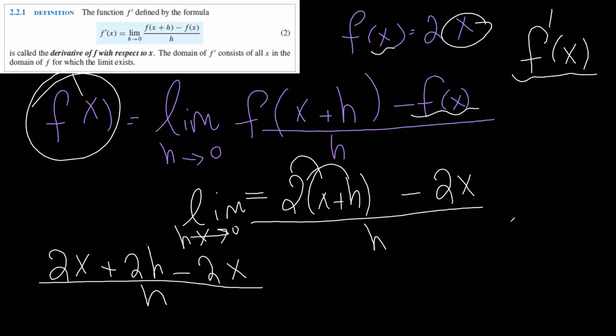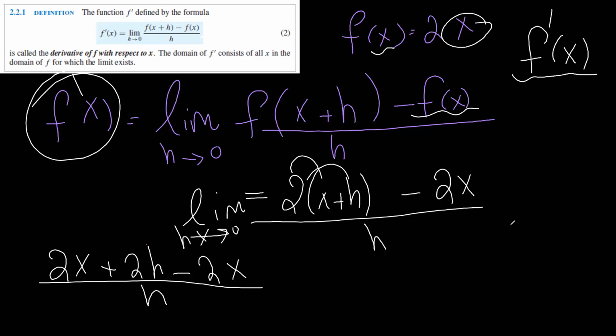Now, how can I find the derivative from the limit by using this one: f of x plus h minus f of x over h. As I told you, if you have f of x equal to 2x as an example, and I want you to find f prime of x,